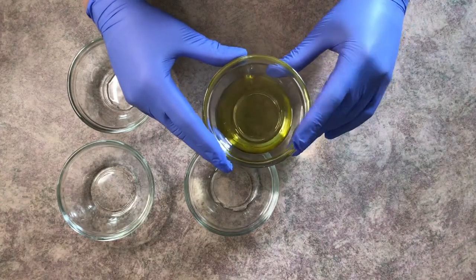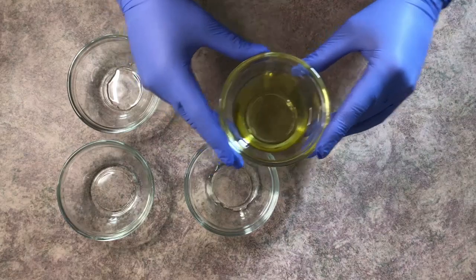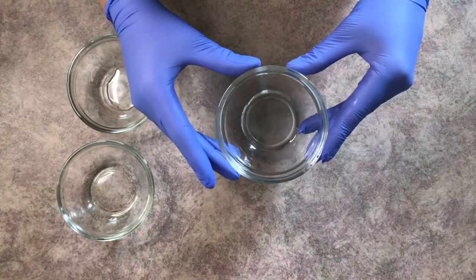Olive oil. Now I choose a cheaper oil when making this because you're just going to wash it off. But you can use whatever oil you'd like. You'll also need vegetable glycerin